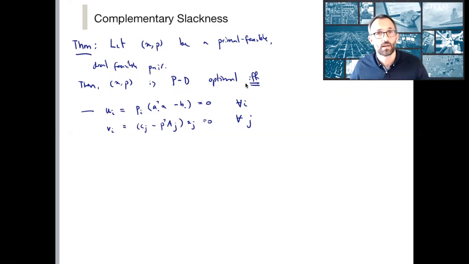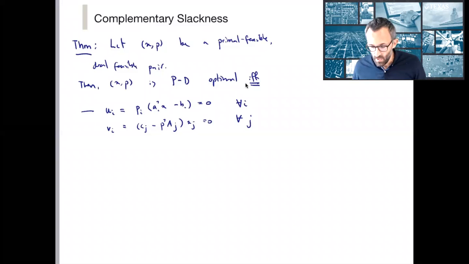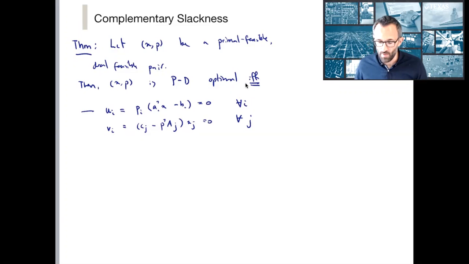That statement by itself is clear. If someone offers to change nothing else but give you an epsilon amount more of a resource that you already have some left over in your optimal solution, then on the margin it's not worth anything to you. What's interesting about the statement is that it is an immediate consequence of duality, and it's borne out by the primal and dual solution. And similarly in the dual.